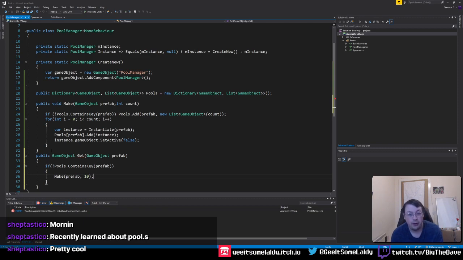So if the pool doesn't exist, we're going to create 10 of them. That is all we're going to do. And then what we're going to do is pools[prefab]